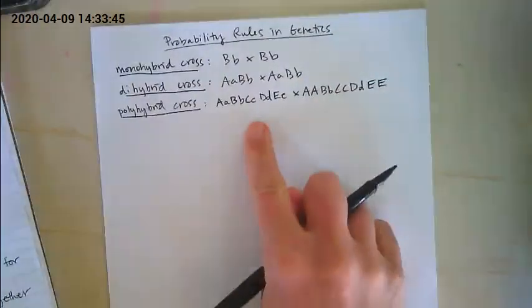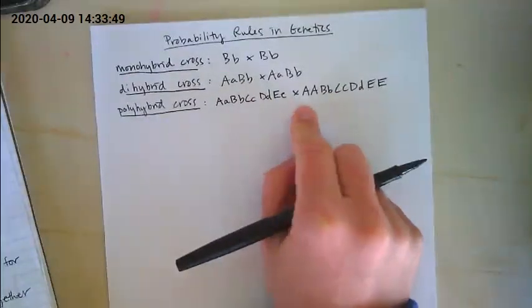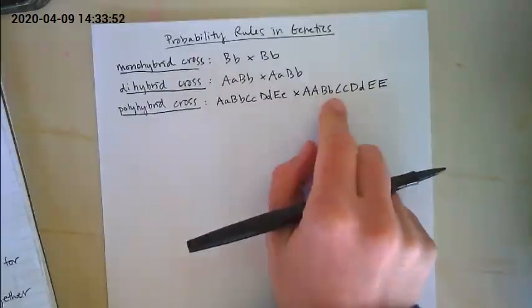What if this was a cross where we had to look at 5 different traits and their inheritance pattern? Well, if you actually did this, you would need to draw